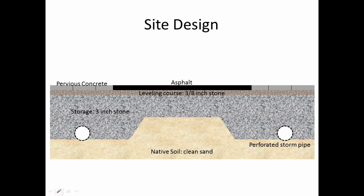And as you'll see, there are 4 conventional stormwater grates that allow for a backup in case the pervious concrete